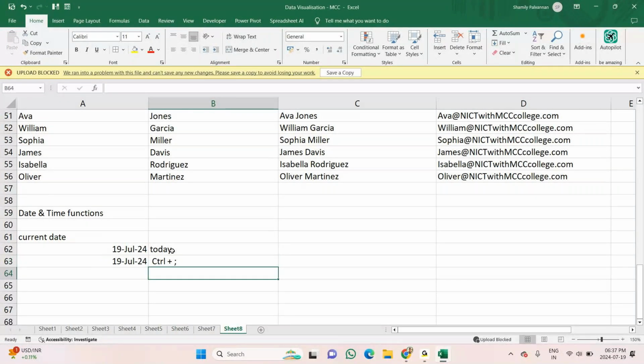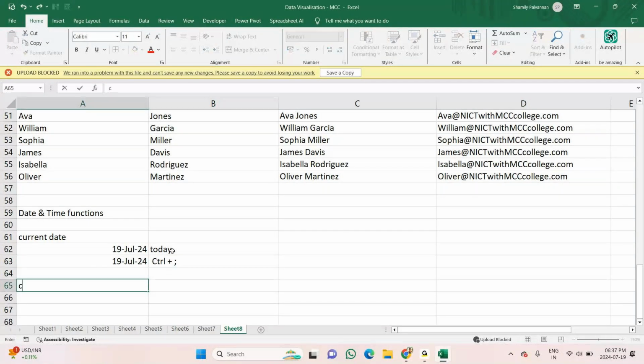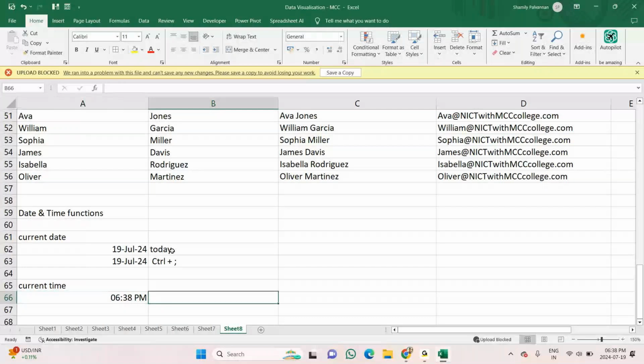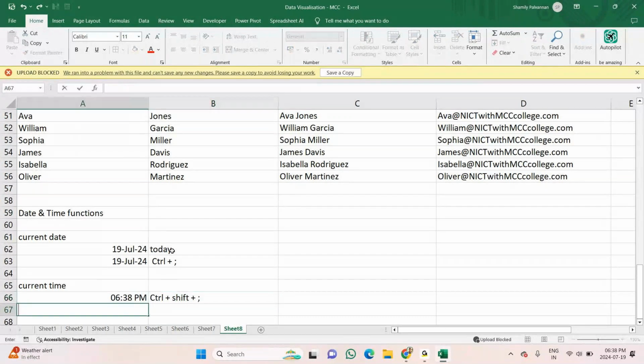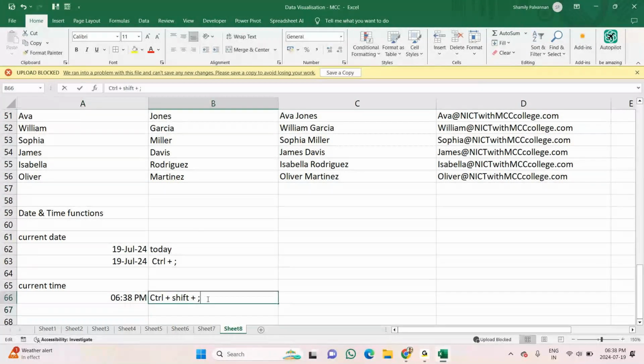Next one, the current time. There is no formula or function for this, only the shortcut key Control Shift colon. Colon is on the same key as semicolon, so we will be using this one.